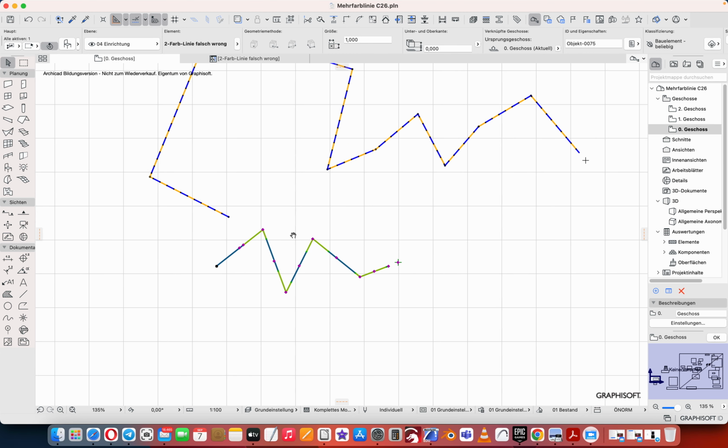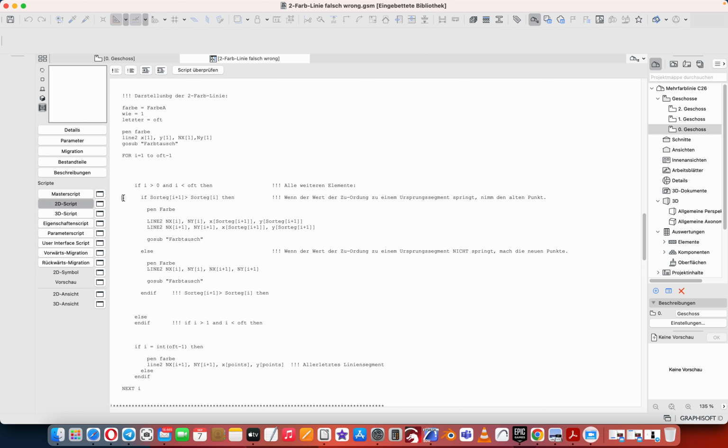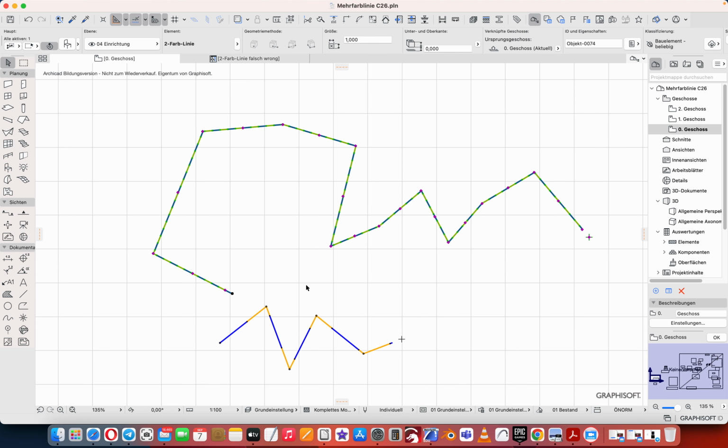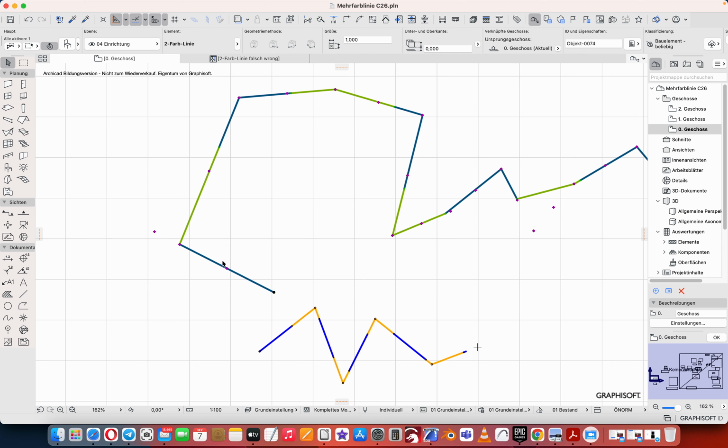So one thing that's a problem with this, the segments cannot rise over the first segment. So here one segment is a little bit smaller than the first segment from the old polygon, but if I go over it, I just stopped it going over it, because when I don't do this,